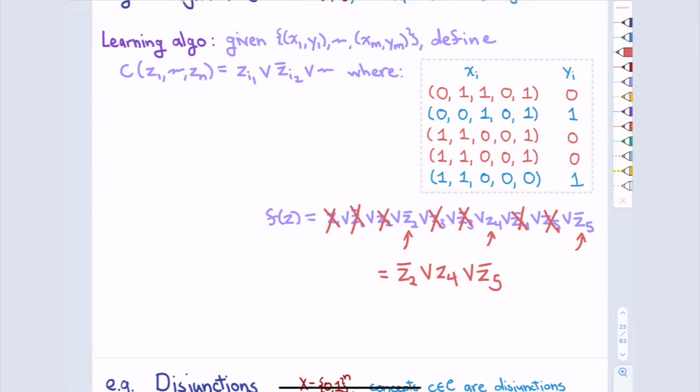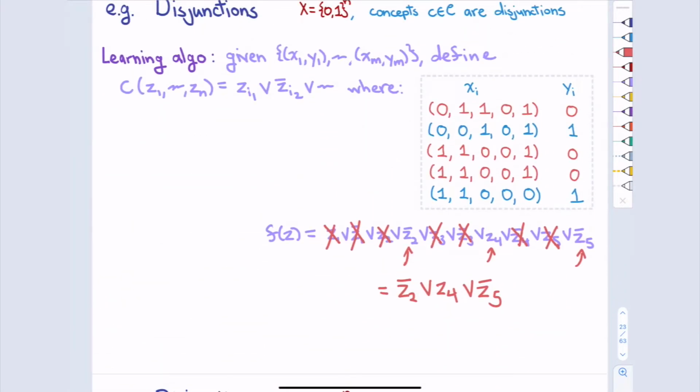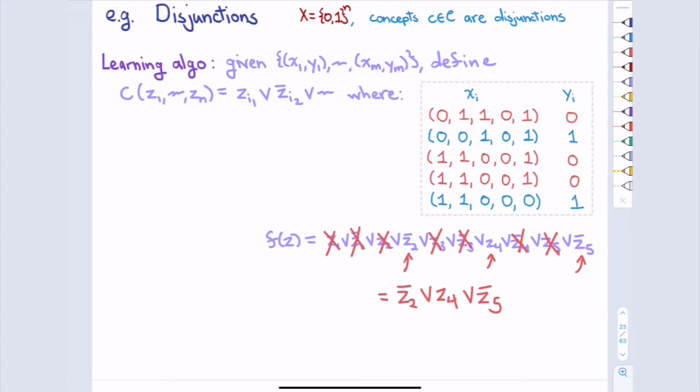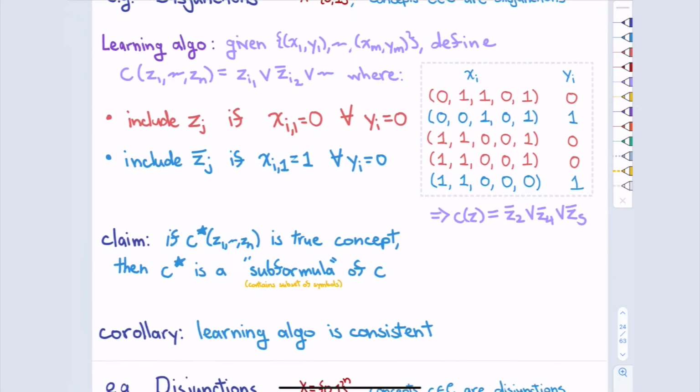Sure, sure. But let's focus just on consistency. This is consistent with the data. Okay, cool. All right, so see if I did one of these things. Guess not. Okay, so here then is